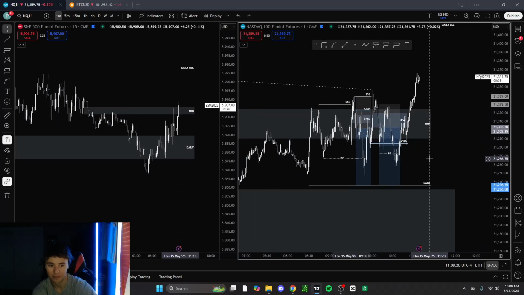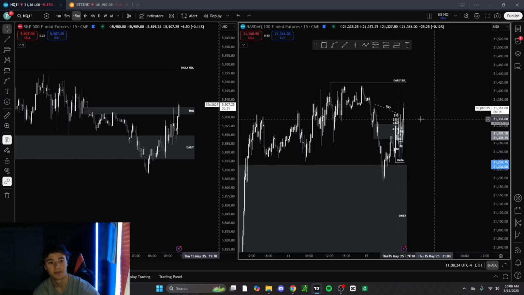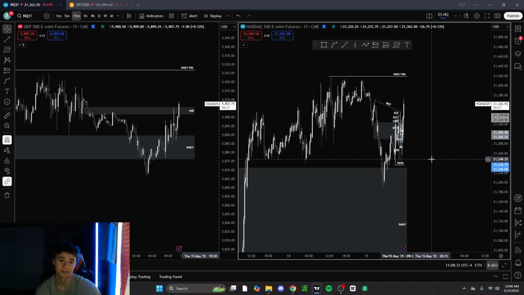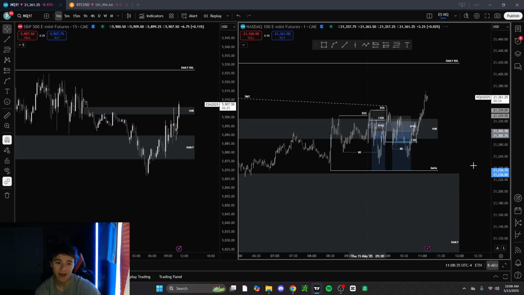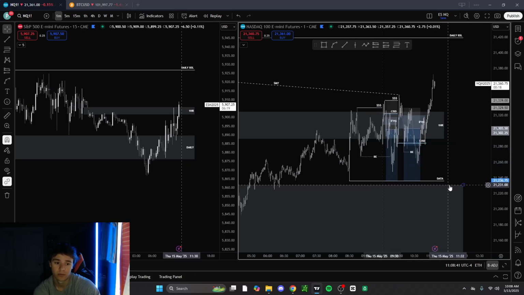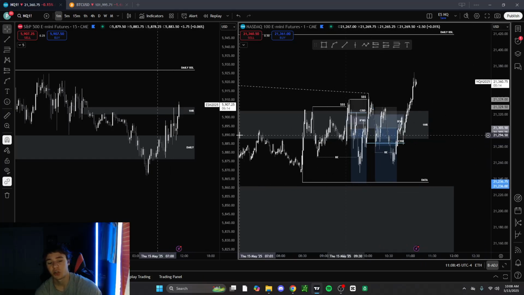So yeah, man, longs look pretty good now after we're getting this displacement higher, which is going with the overall higher time frame trend. So you could say that I should have just waited for this displacement, and I kind of agree with you. But if we didn't have a data low here, then I wouldn't have been taking shorts. This was my drawn liquidity for the morning. We didn't take it, so that's gonna do it for me.